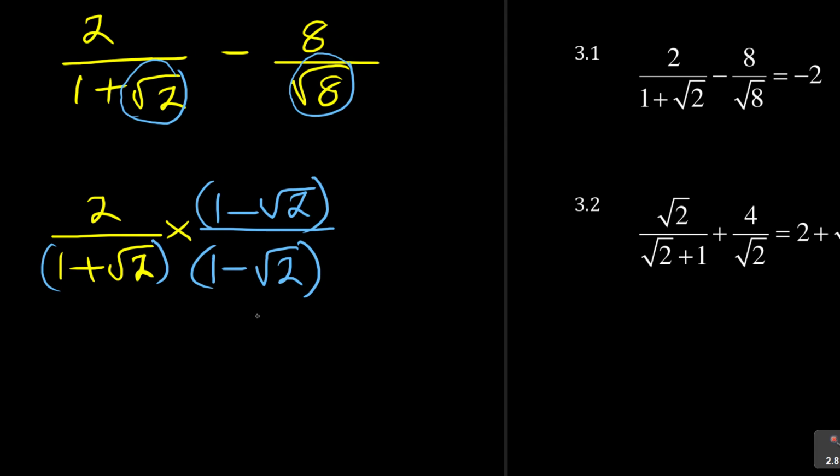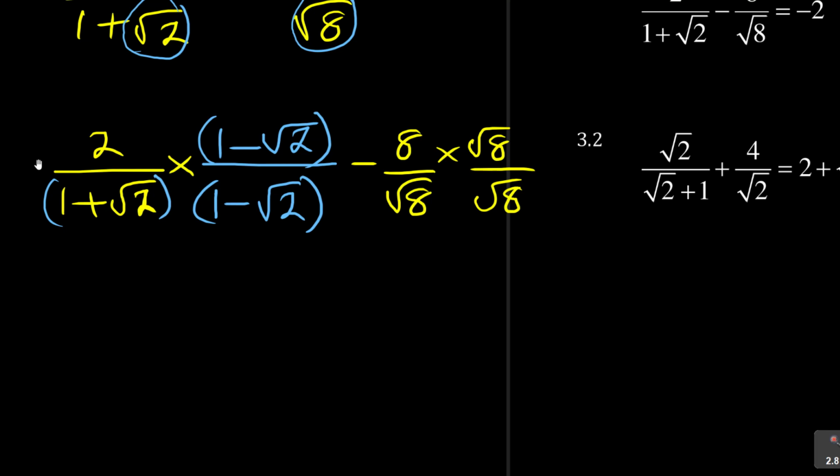It's minus 8 over square root of 8. Now if I rationalize, it's times square root of 8 over square root of 8. I see that I have to do that. Then let's multiply there. Now the top one, remember, 2 multiplies and 2 multiplies. So what I have, 2 times 1, it's 2, minus 2 root 2,